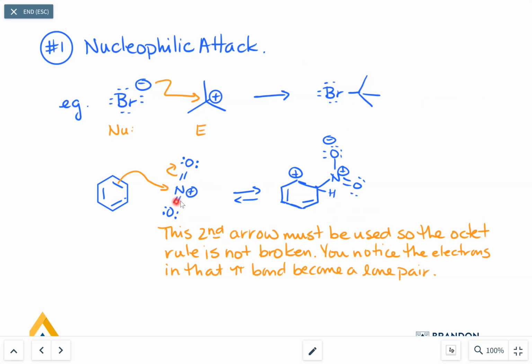Nitrogen's got 2, 4, 6, 8 electrons. So if you're forming a bond between carbon and nitrogen, you have to break one of those other bonds. So this is the first step in the mechanism. We've got to lose this little proton to finish the reaction, but we'll see that a bit later on. So nucleophilic attack, that's the first sort of mechanistic